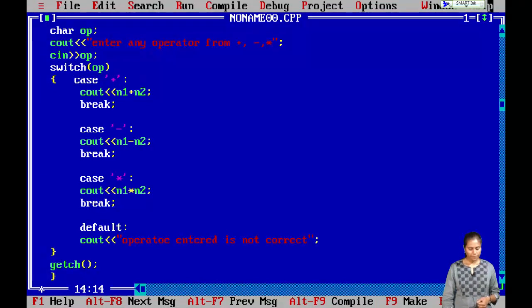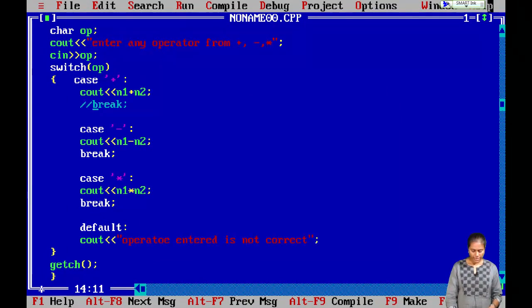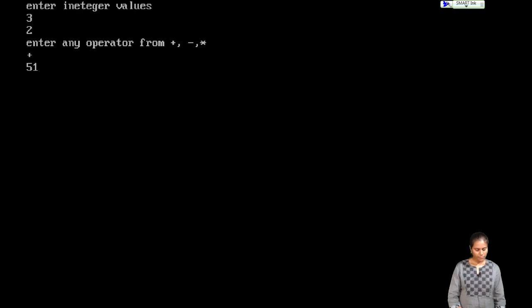And let me show you one thing. If you do not include a break statement under a case, what happens? See here, now I am compiling the program. I have placed the break statement within comment lines. Now I am compiling again, entering two values and entering the operator plus. Now see, the output you are seeing is not 51, it is 5 and 1.